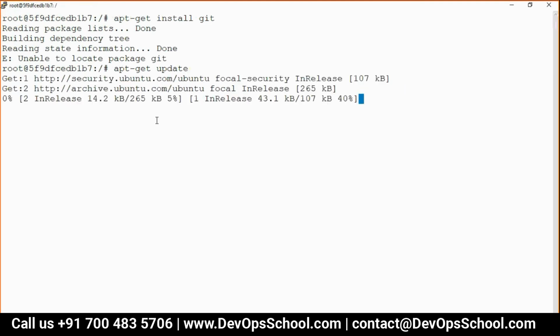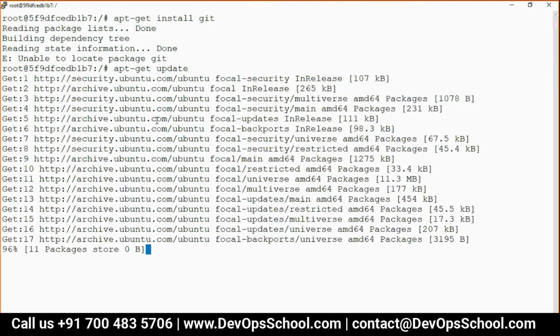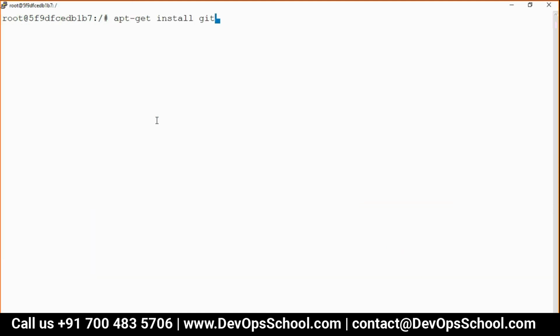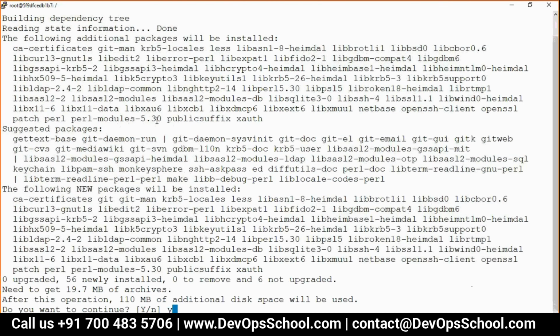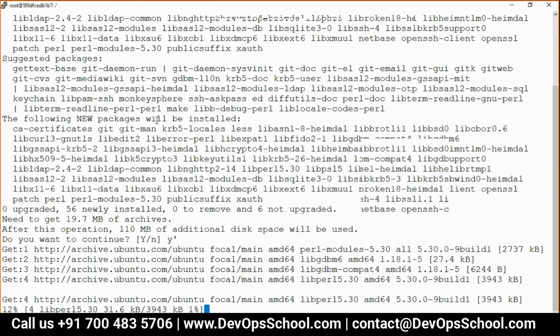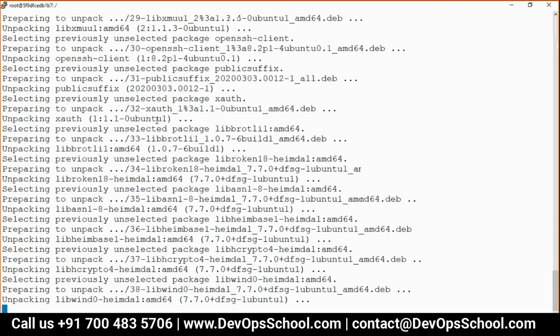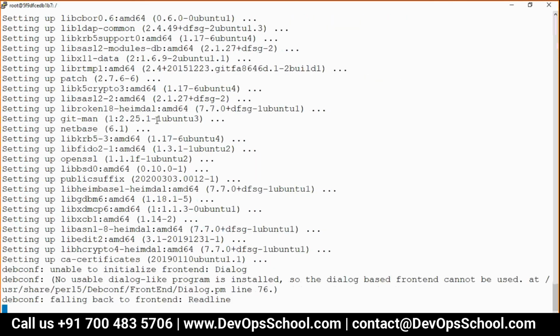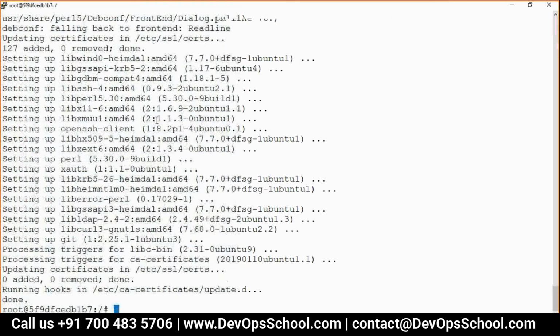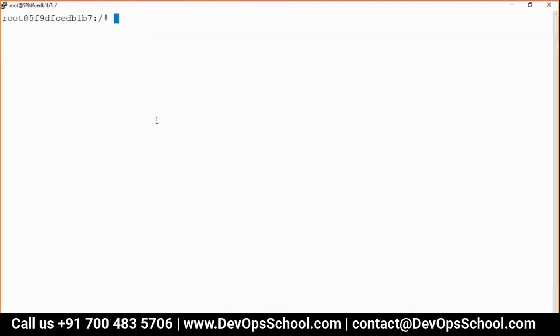Check in the repository, update. Git is there. Yes, why? Good. Git is installed. Wonderful.